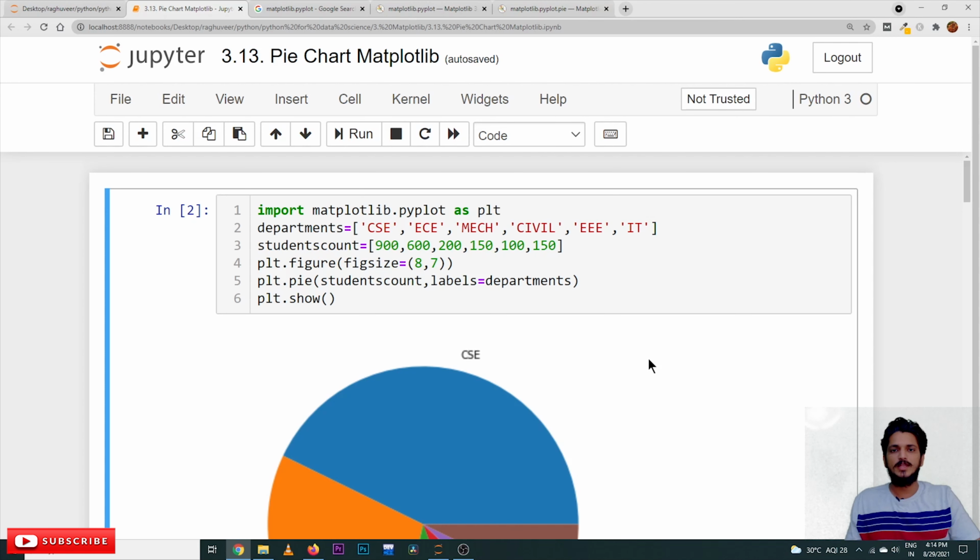I am Raghu here. In this class, we will discuss pie charts. In our previous classes, we already discussed many of the charts, bar plots, scatter plots. This is a continuation class. We use the concepts which we already discussed in our previous classes.